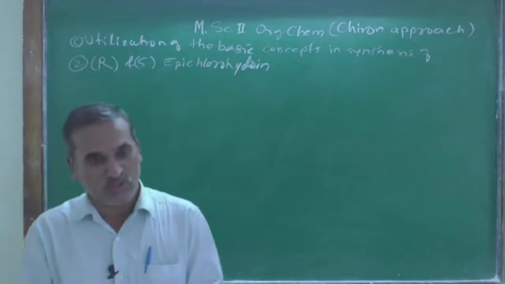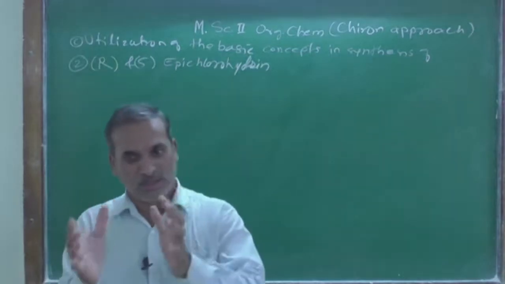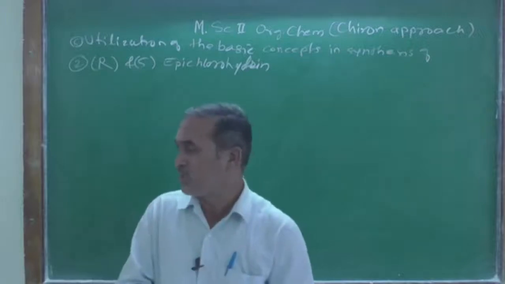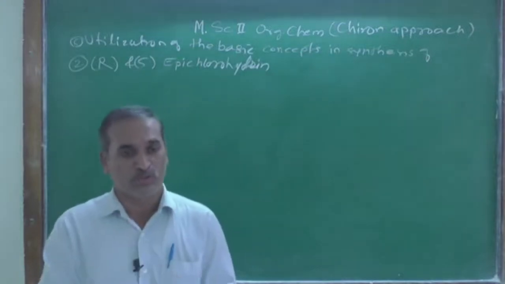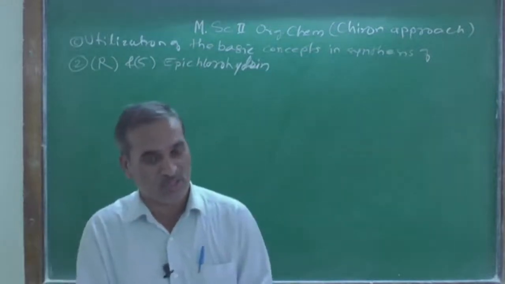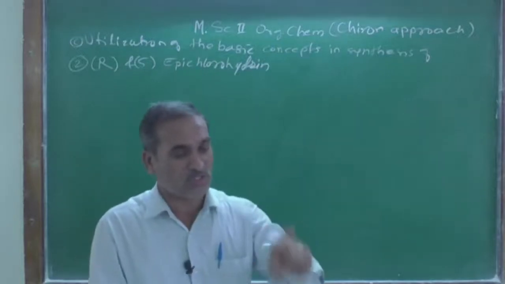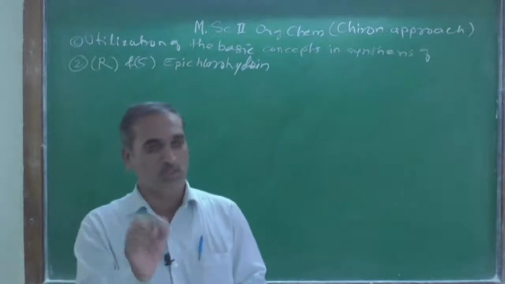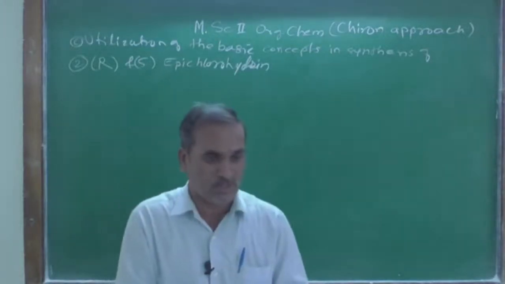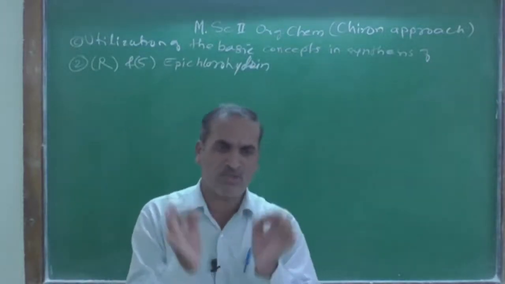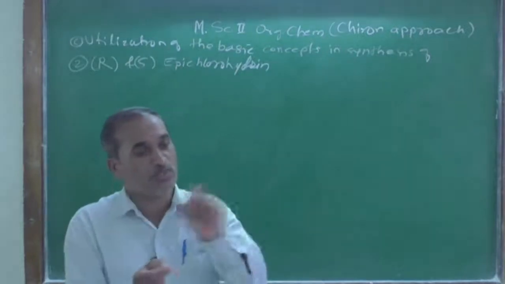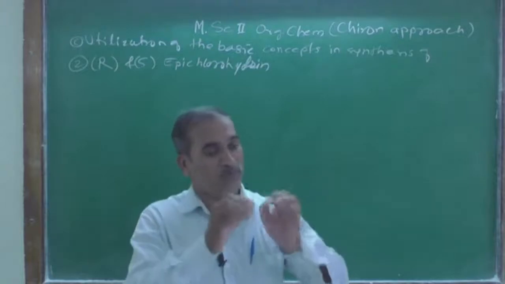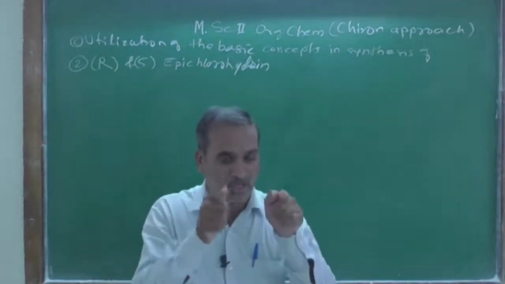These are the enantiomers. Do you know what we mean by enantiomer? Enantiomers are nothing but non-superimposable mirror images of each other. In the previous case we have seen R and S used as an absolute configuration. In the previous case we have synthesized only the S propanediol. Why not the R?